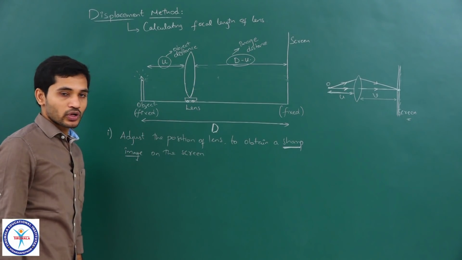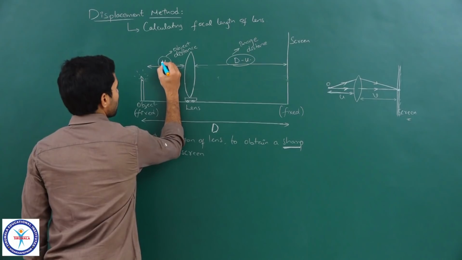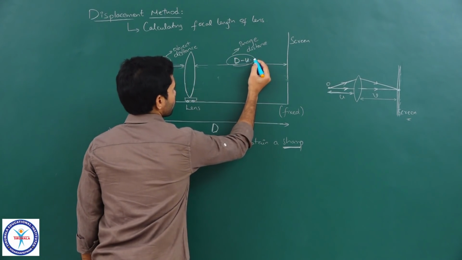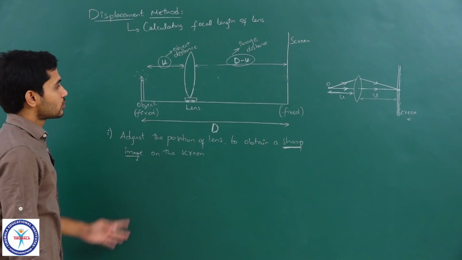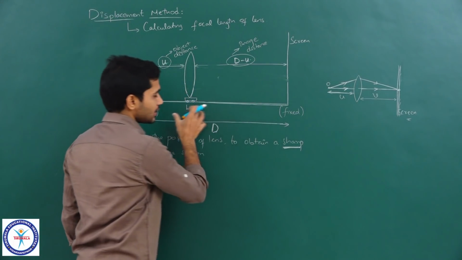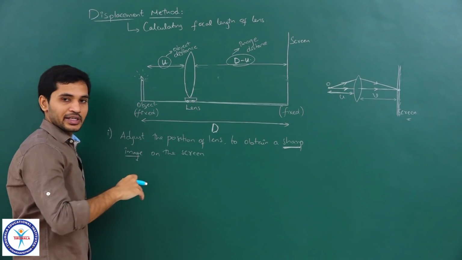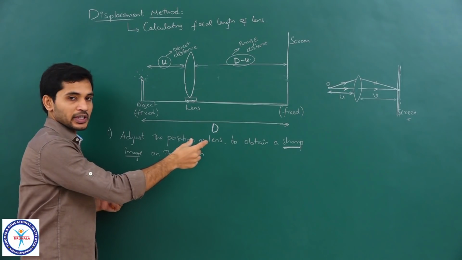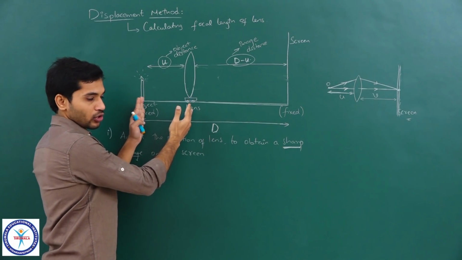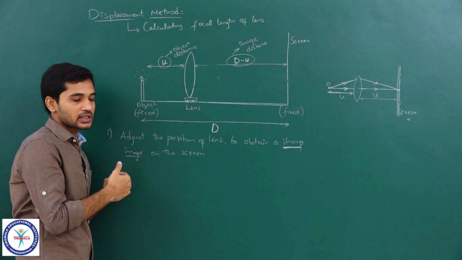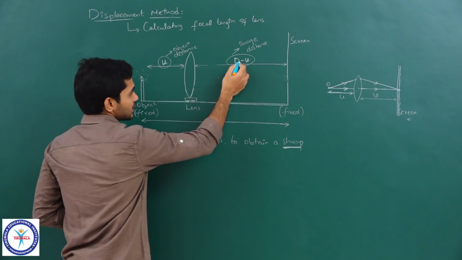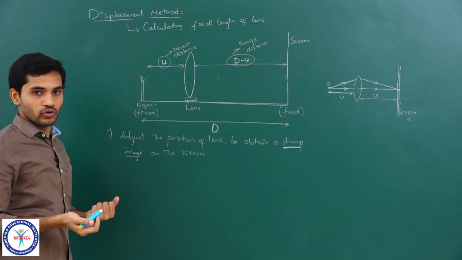So, now we need to find the focal length, correct. So, we have u, we have D minus u, right. Okay. So, we will have a scale also here, there will be a scale automatically placed on the table itself. So, whenever you move a lens to a particular position, you can clearly see the distance between the lens and the object on the scale which is beneath it, clear. So, we will basically know the distance. Now, using object distance and image distance, we can easily calculate the focal length of the lens.